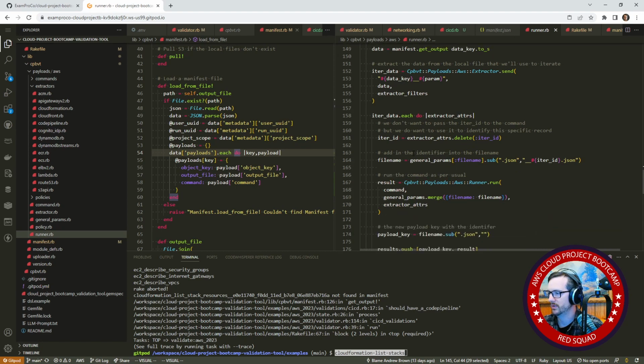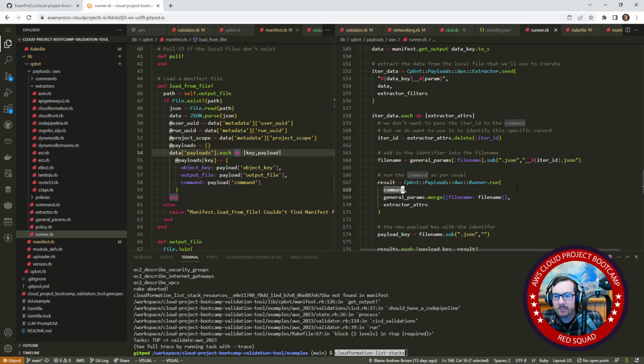The extractor, the iterator, runner. So the runner will do it here. This will run it, and then this will do the add payload. And it's based on its file name, but its file name gets manipulated here. So when it gets to here, it really should be providing the correct value. But it's based off the command, and the command does not necessarily have the iter ID on it. So then, the question is,